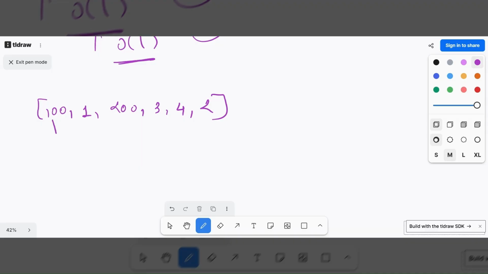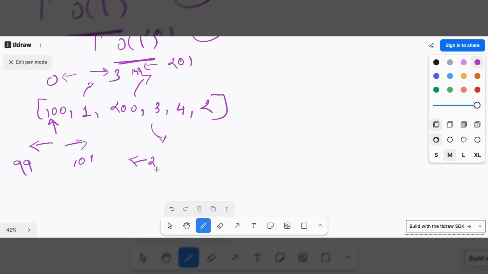So that means 100 I can connect with a tree having 99 or 101. 1 I can connect if 0 has come or 3 has come. 200 I can connect if 199 has come or 201 has come. 3 I can connect if 2 has come or 4 has come. 4 I can connect if 3 has come or 5 has come.